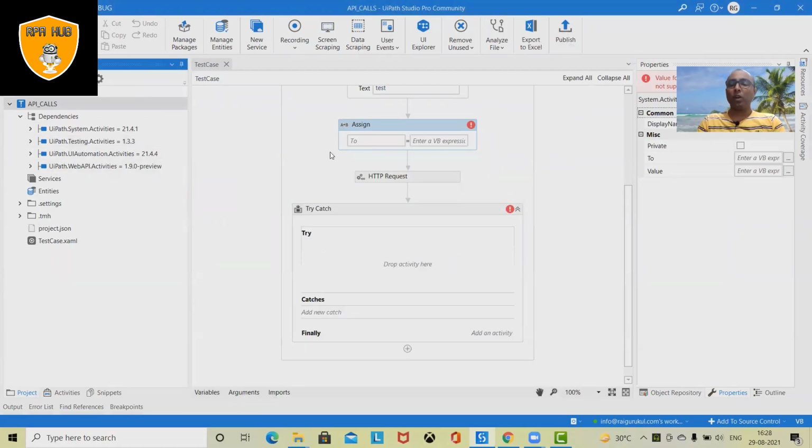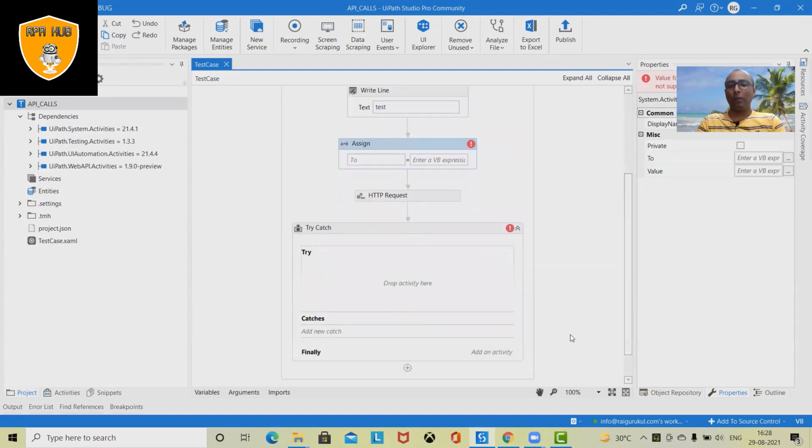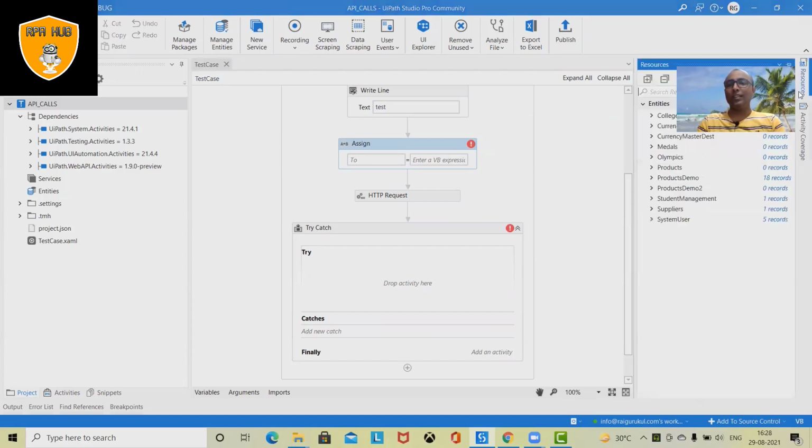Now, if you want to export or publish the complete component, simply click on publish and provide the location, and this component will be published for you. When we are selecting any activities, you will find expand and collapse sections, which help us do the coding in a very easy format. You can also find different sections like object repositories, properties panel, outline. These sections are listed here. So if you want to see the complete resources, you can find them here.